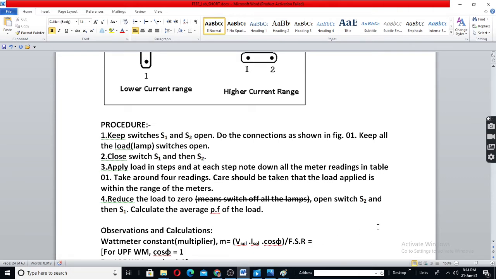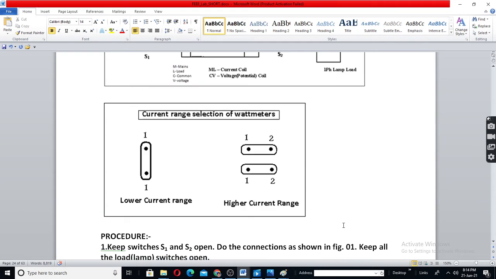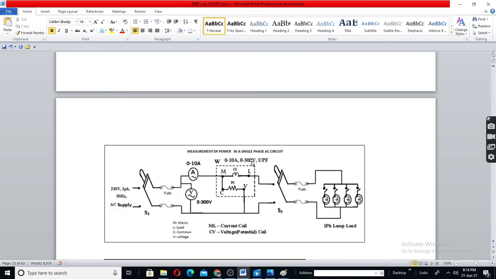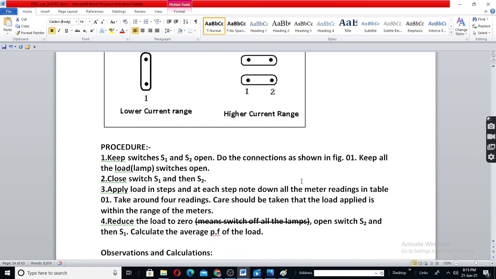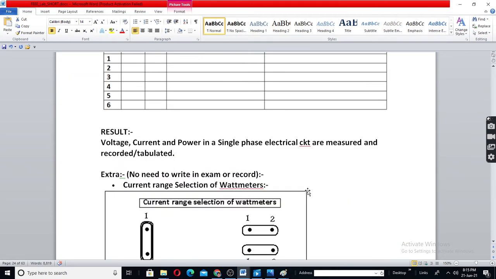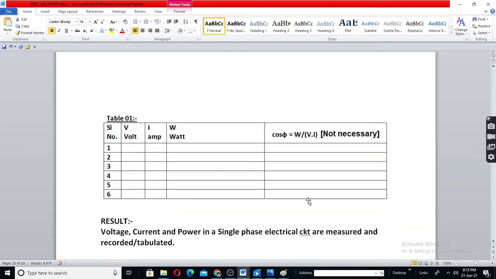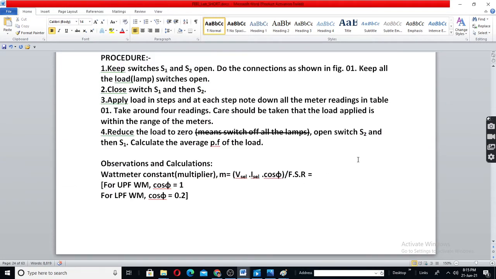In your meter, V selected is 300 volts and I selected is 10 amperes. So it will be 300 into 10, into cos phi by FSR. This is a UPF wattmeter.